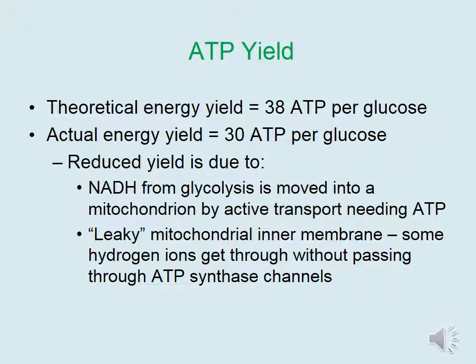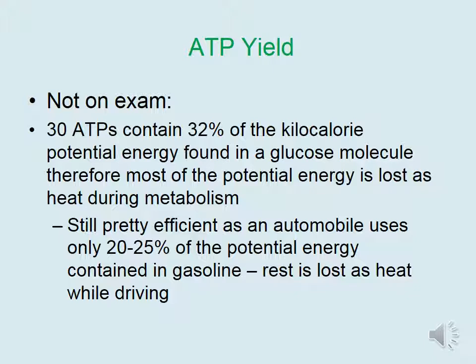The reduced yield is due to a couple different reasons. First of all, NADH that is produced by glycolysis in the cytoplasm has to be moved into the mitochondrion by active transport against a concentration gradient. This requires some ATP. It's also due to a leaky mitochondrial inner membrane, meaning that some of the hydrogen ions are able to get through the inner membrane without passing through ATP synthase channels, thus reducing the overall yield of ATP during chemiosmosis. The last point made in this lecture will not be on your exam, but is made out